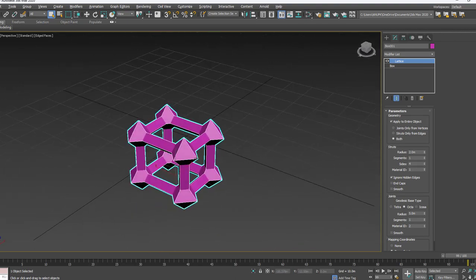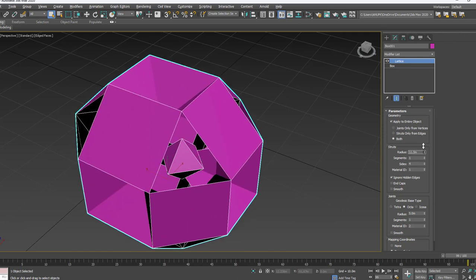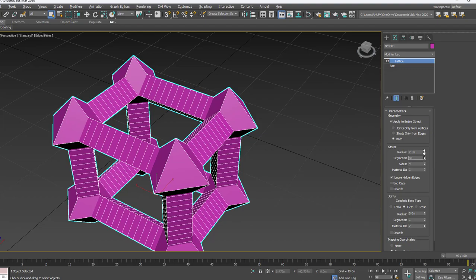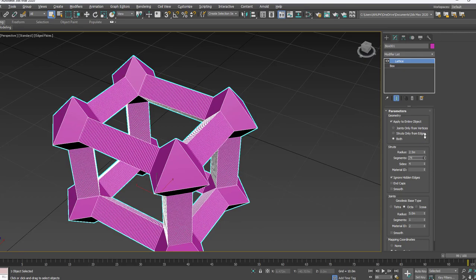For each corner you get a shape like this, and in order to customize this lattice, here we have the parameters like radius, how much radius you want to keep, that is the middle one. And then segments, if I increase the number of segments, then you will get the smoothness like this.